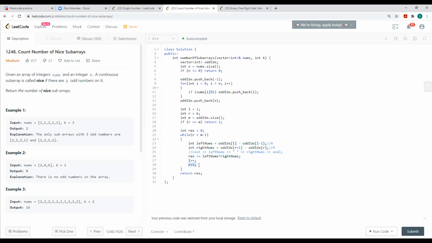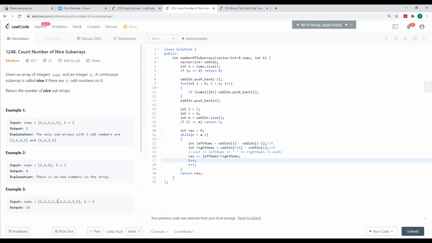And whenever you get that, you keep on increasing your R, and also you have to increase your left, isn't it? Because you keep on moving. If you had another odd index over here, you could easily jump from this position to this position, and then calculate what is on the other side.